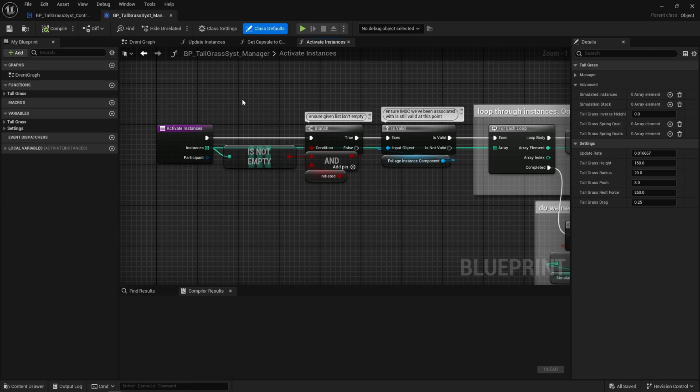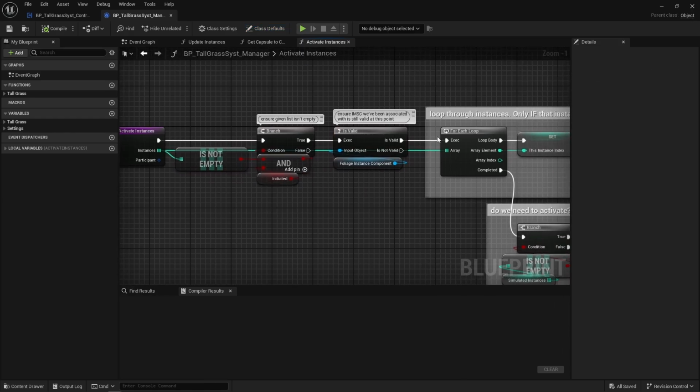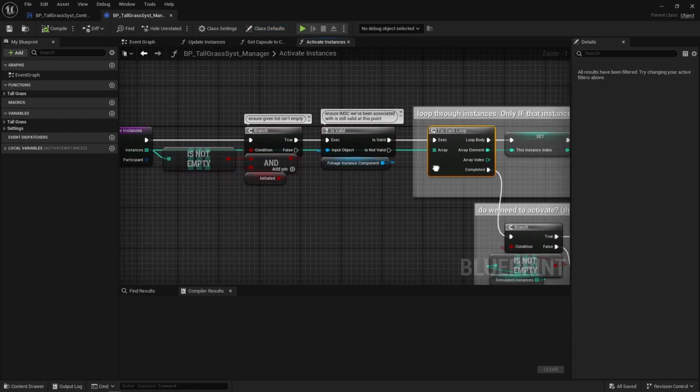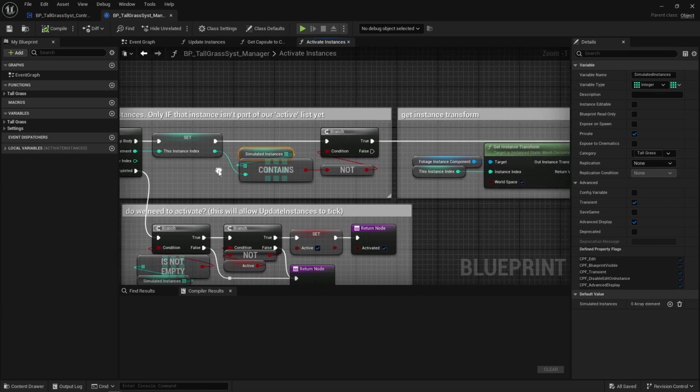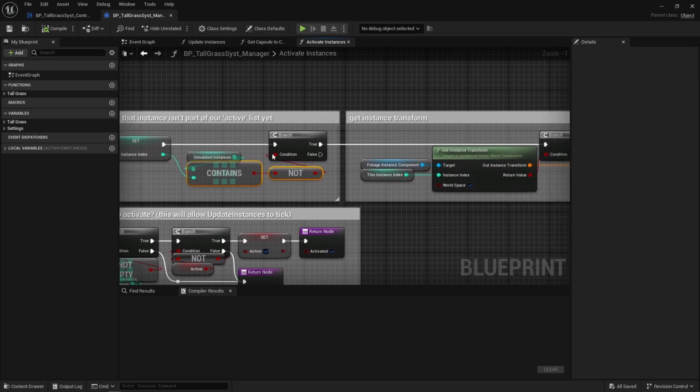First, here are a couple of safety checks, then I loop through all nearby instances that were sent. Now that manager keeps track of all instances currently simulated with a simple integer array, which means if that instance index isn't contained in that array, that instance isn't yet simulated. And obviously it may need to be, but only if its capsule is actually in contact with this participant's capsule,